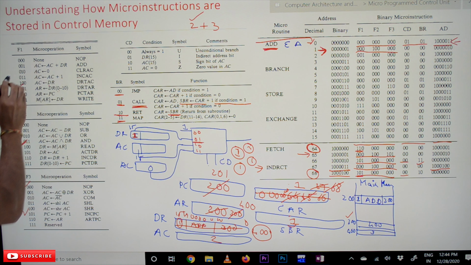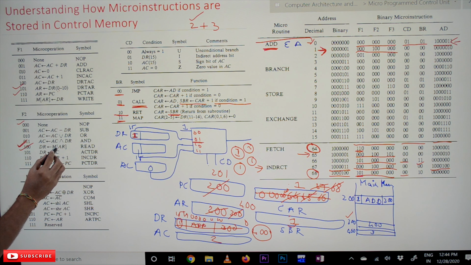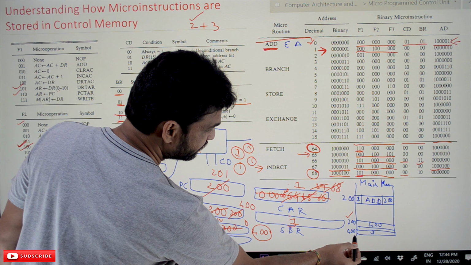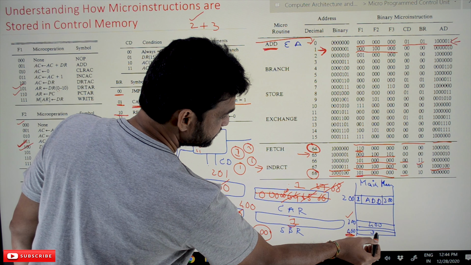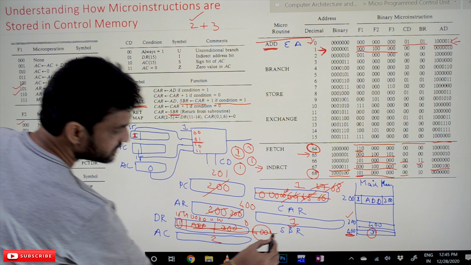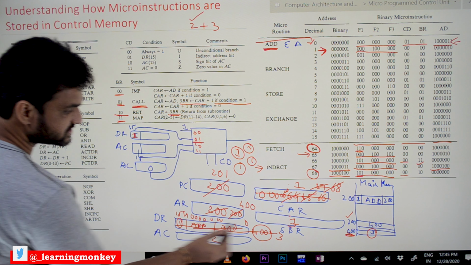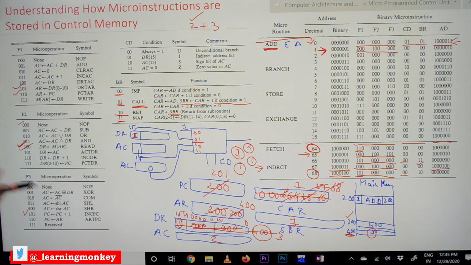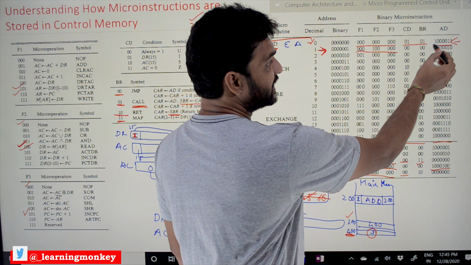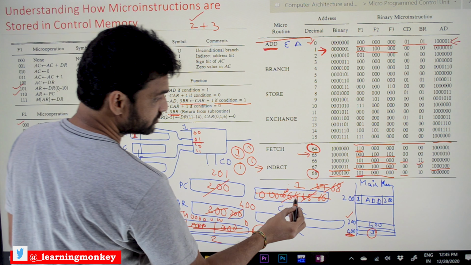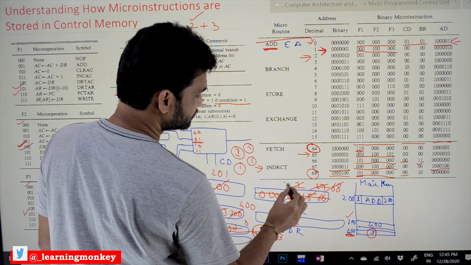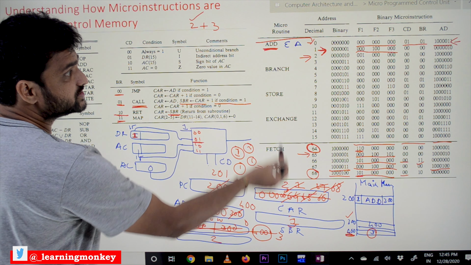Sorry, this is F1, we have to see for F2. So the memory address register value is 400. So the value that is stored in the 400 location, this has to be transferred onto the data register. So now this 400 location previously will get stored with 3. The data register value is 3 and the accumulator value is 2. Okay, and based upon the status bits, 000 means the address part has to be transferred onto the control address register. So the address part is this one, 2. Now the control address register is stored with 2.